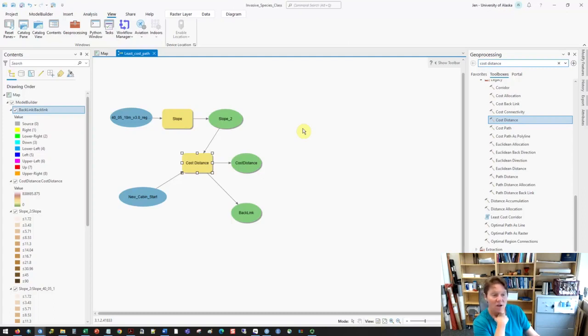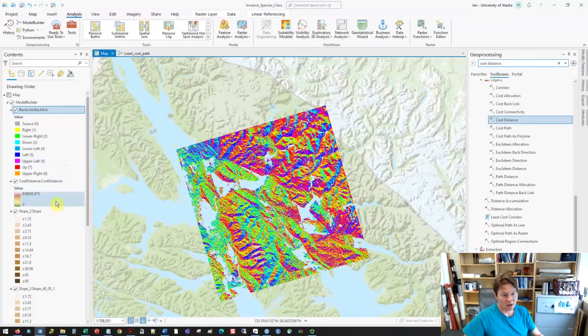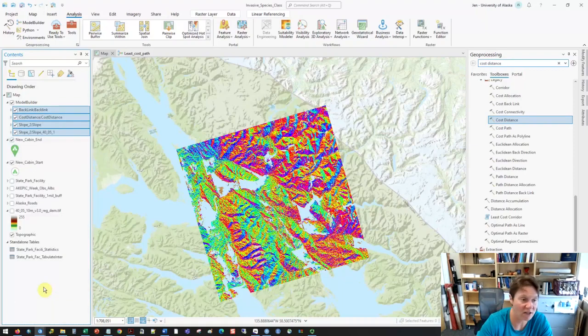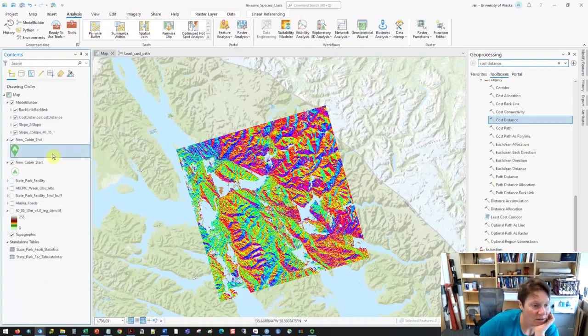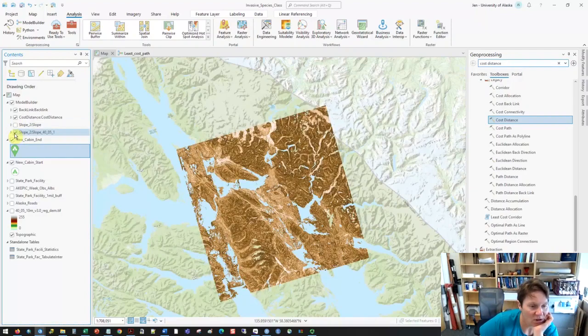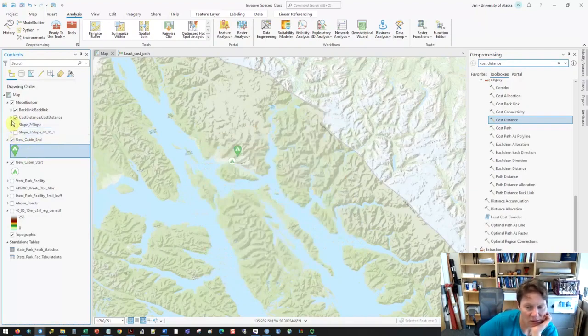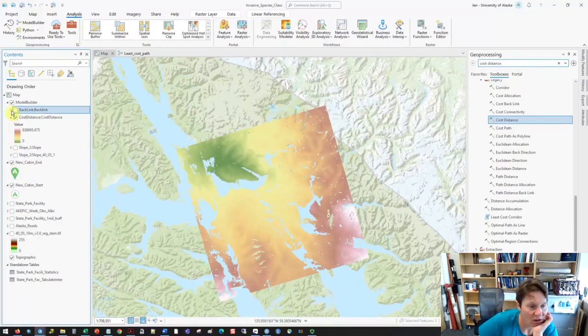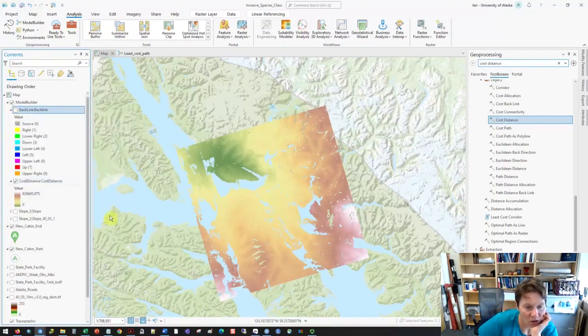Alright, so it is done. And we can go back to our map. And I'm going to use the handy little trick of click, hold down shift, click, and control minus to collapse. Okay, so now it actually did rerun the slope. I'm just going to turn off the slope, we don't need it. I'm going to turn off this backlink one. So if we zoom to our start cabin,